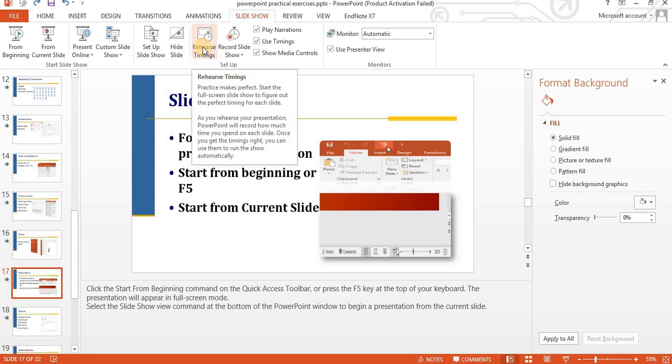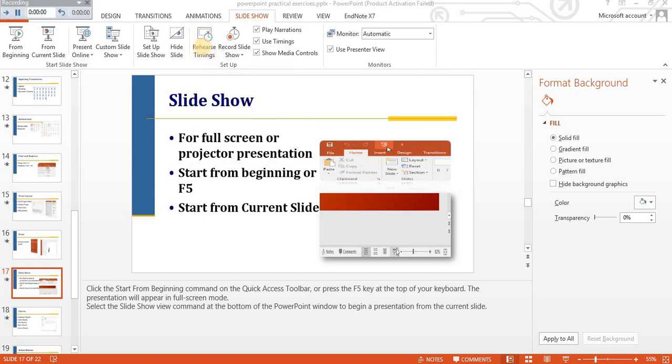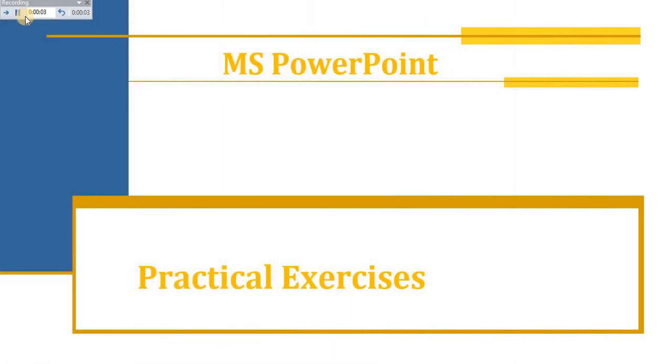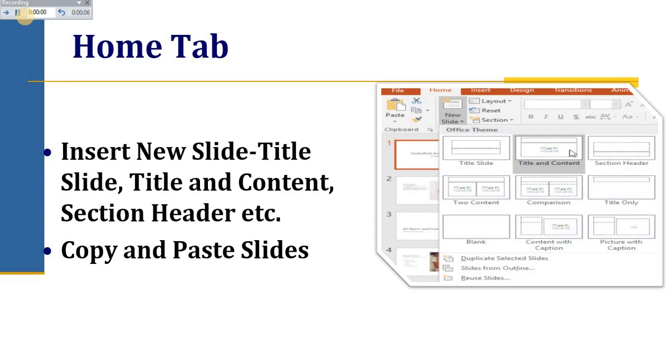rehearsal basis, you can check the time that you take to complete your presentation. Like I'll check this option and it will start recording my time. I will just explain the slides and move around and the timer will just record my presentation. When you are done with your presentation,